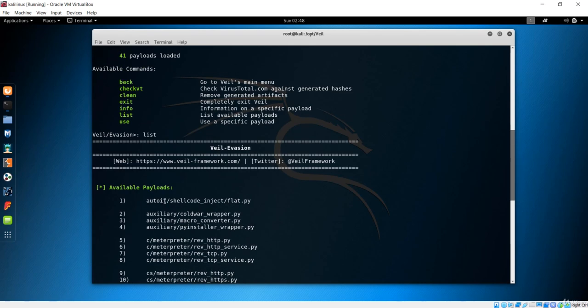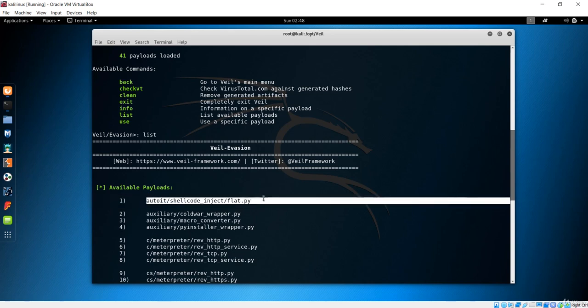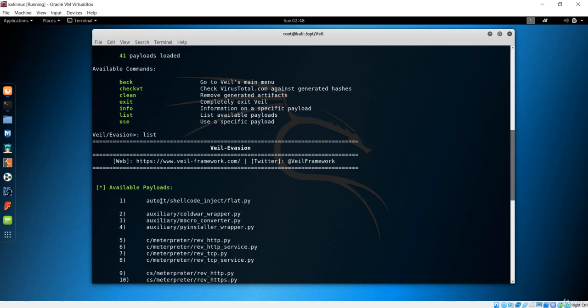The first one, you can clearly see, has the name flat.py, which obviously is a Python file, and it is written in AutoIt. AutoIt is a programming language that is also a scripting language, same as Python, but this is going to package your application. So this is AutoIt, and basically it works the same as PowerShell. So we write some code in PowerShell, and that is similar to AutoIt too.